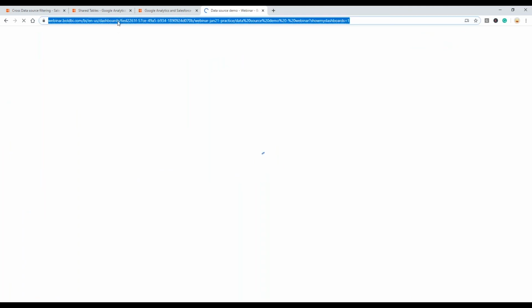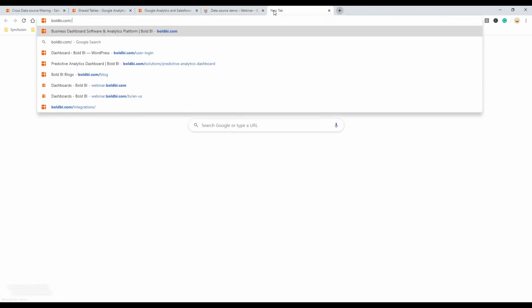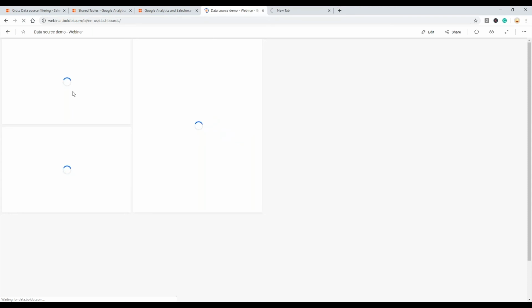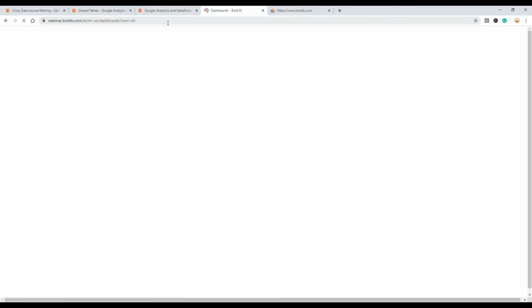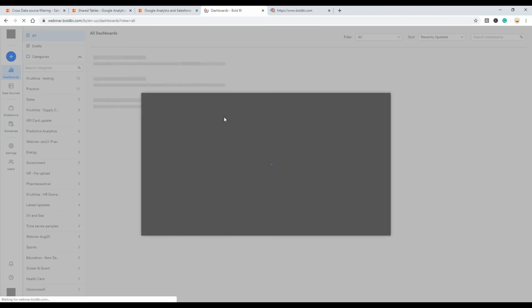And let me quickly show you how to retrieve the sample dashboards. All you need is to go to the home page and click on this question mark icon. Under the explore section, you'll see an option called sample dashboards. Just click that.